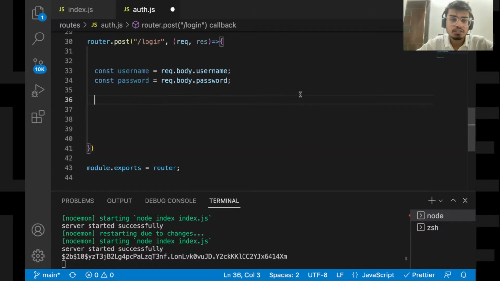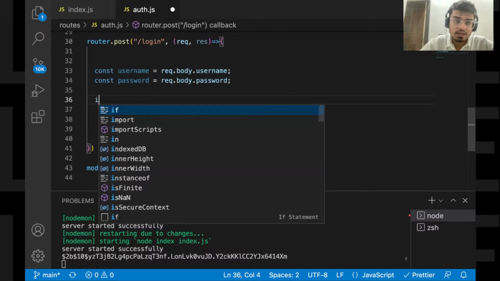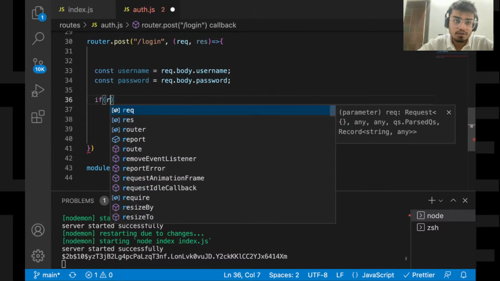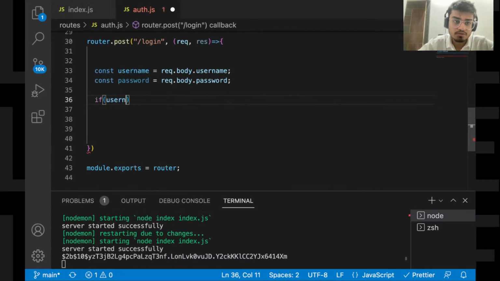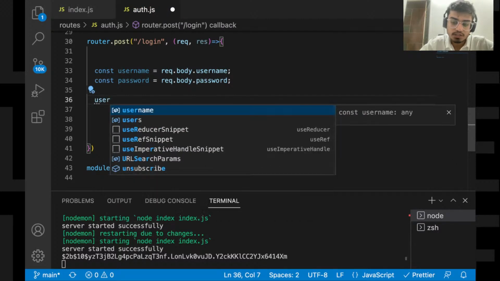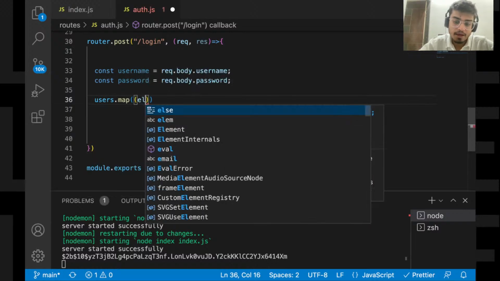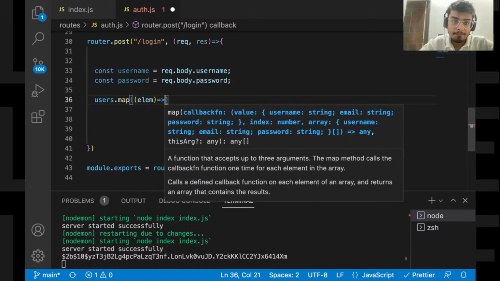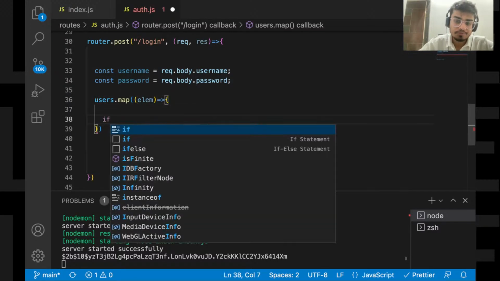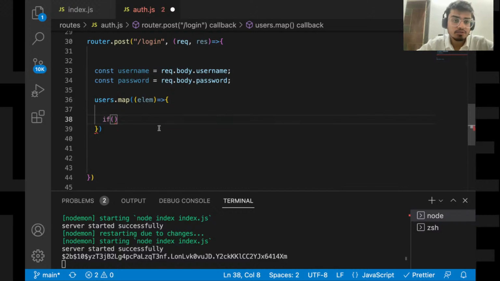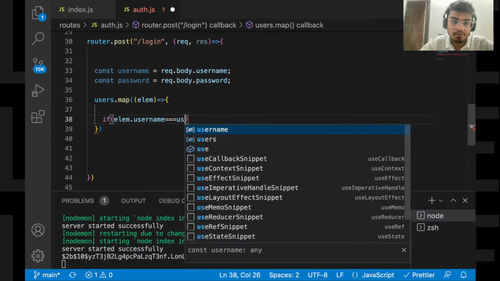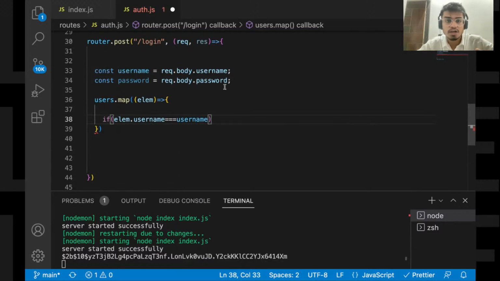That's it. So the first thing we'll check is, first of all we'll again have to run the loop, users.map elm, if elm.username equals username, so that means the username is correct.